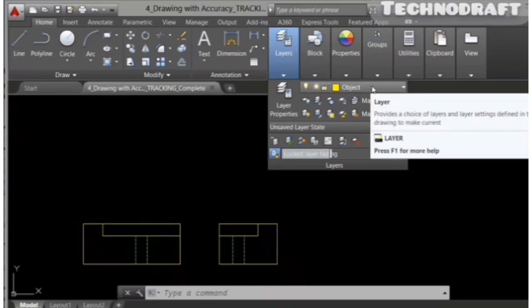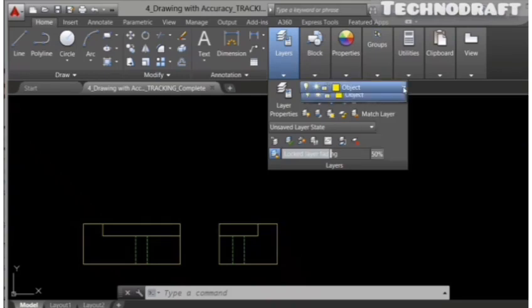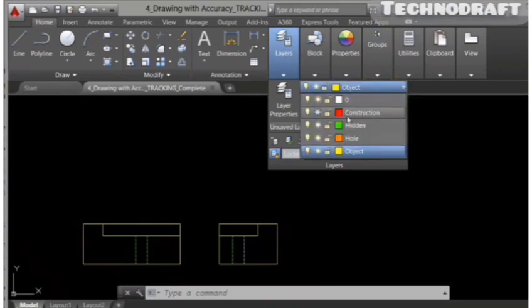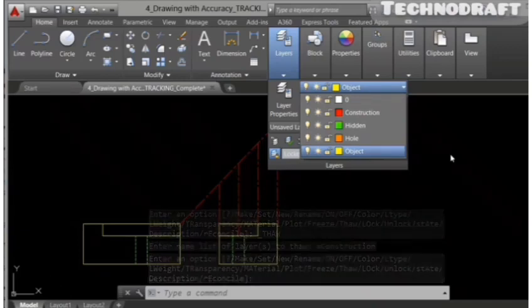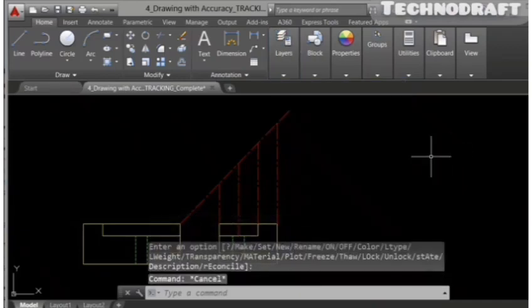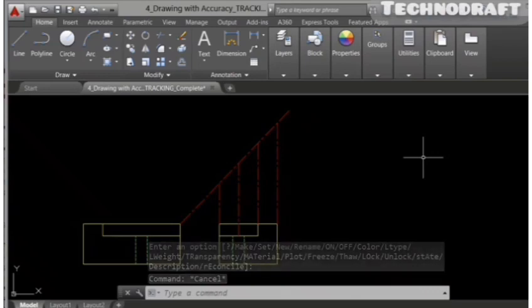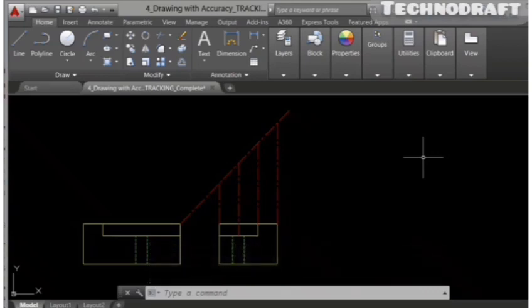Make sure it says that way, but click on the pull down list and you will notice that the construction layer is frozen. So click on the little snowflake and that will thaw out your particular layer. And now when you click back in the drawing area, you will actually see what is going on. We have got some construction lines there, and what we are going to do is utilize our